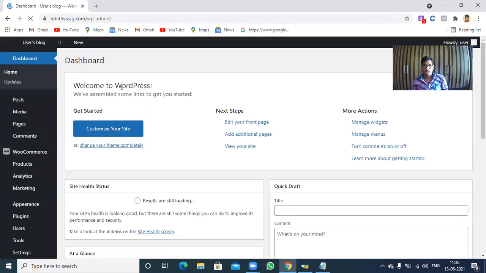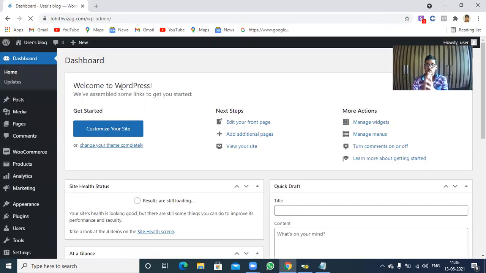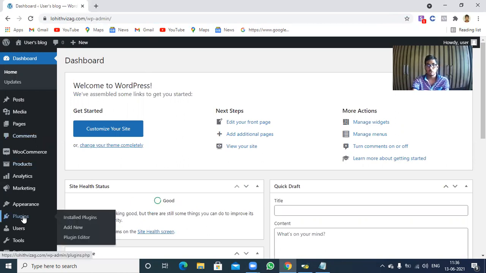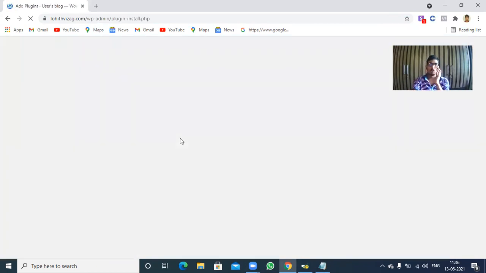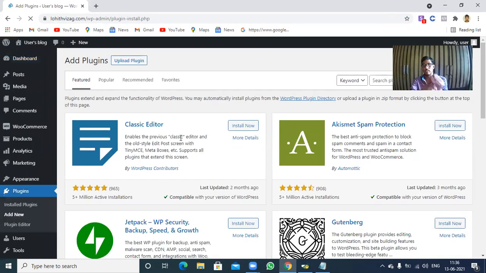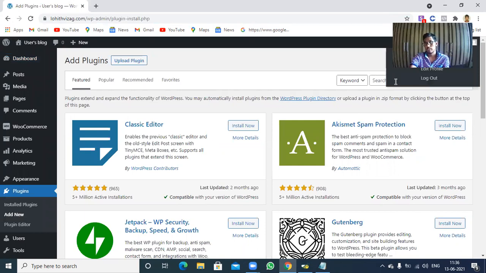First of all, if you want to download and install WooCommerce, you have to go to the plugins option and then click on add new. Now it's loaded, so you have to search for WooCommerce.